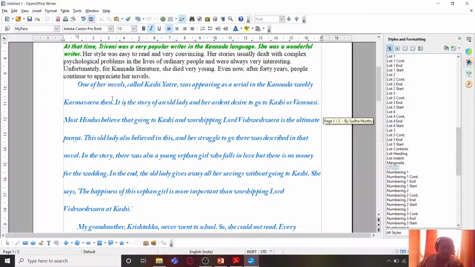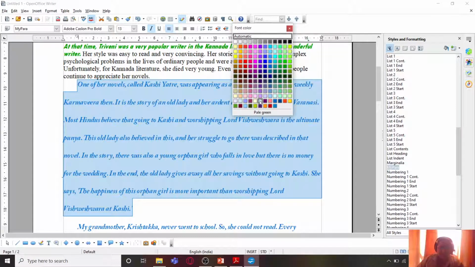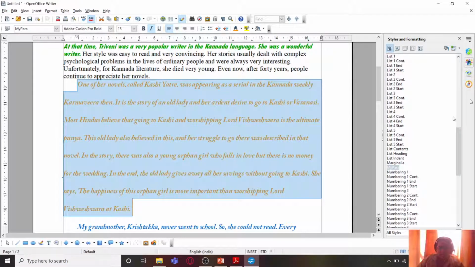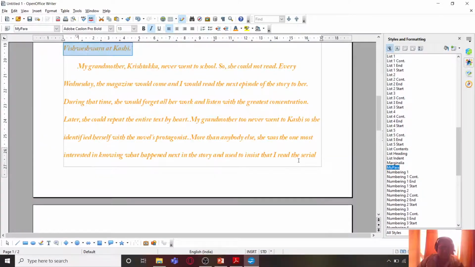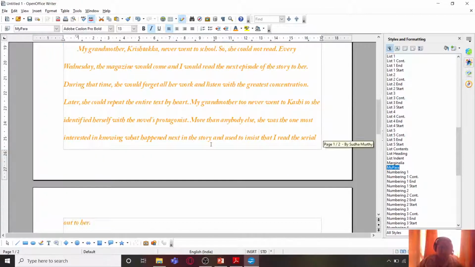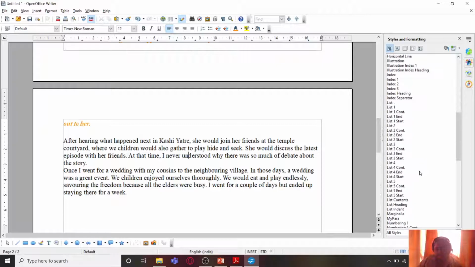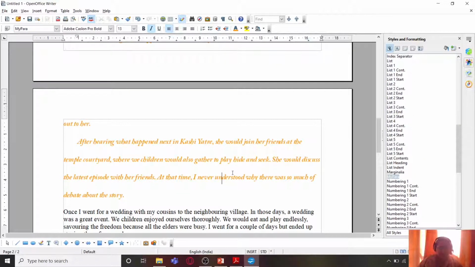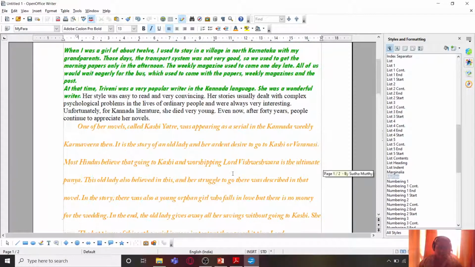Let me see if updating the style works or not. So I'm going to select this paragraph once again, and I'm just going to change the color from here, and let me just select my para, click on this option and click on update style. So yes, you can see that that style has been updated, and wherever my para style is applied, the changes are reflected there also. If I now select some other paragraph and double click on my para, that change is visible. So you can see OpenOffice works in a better way in this regard than LibreOffice Writer.